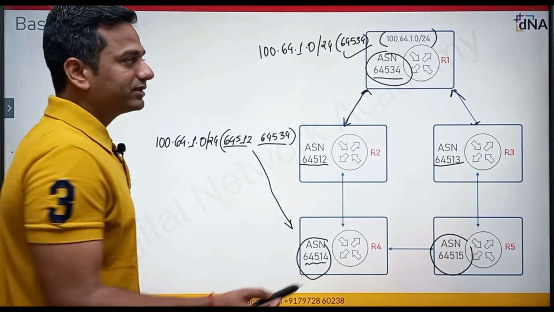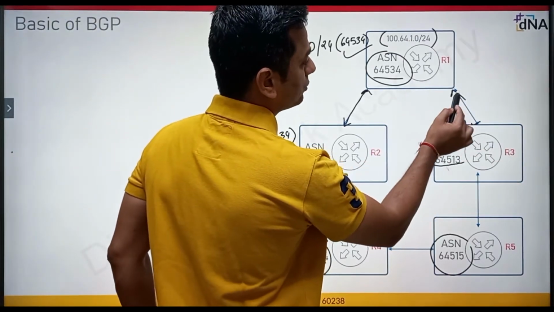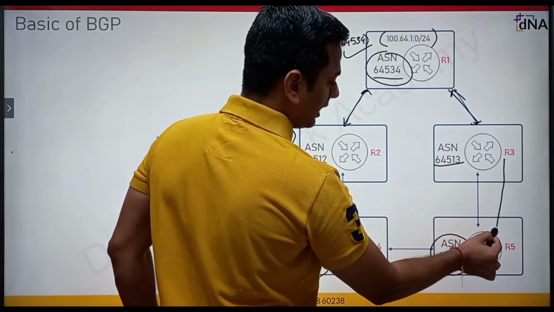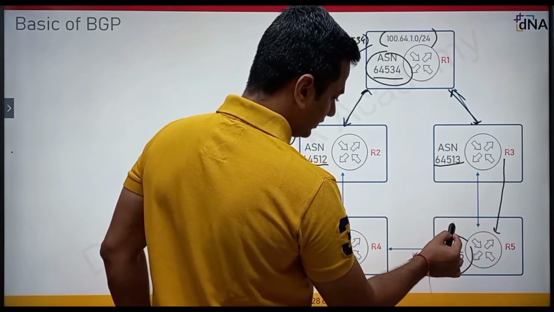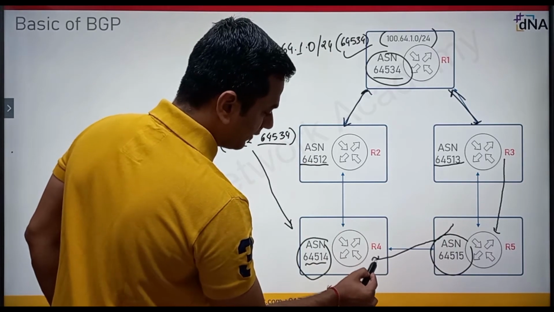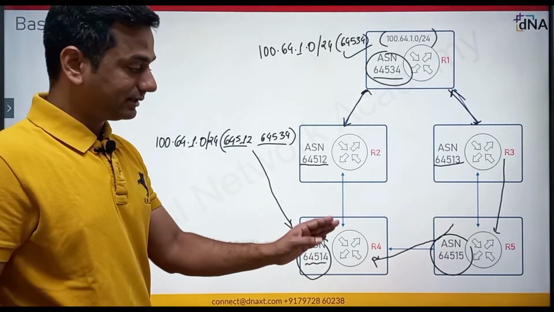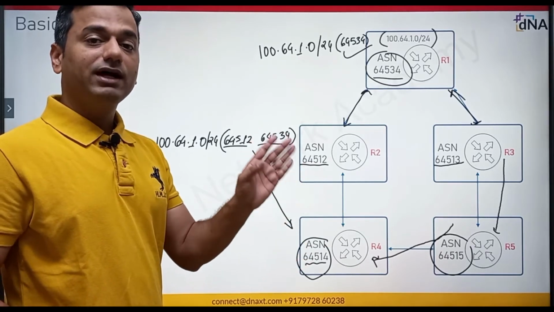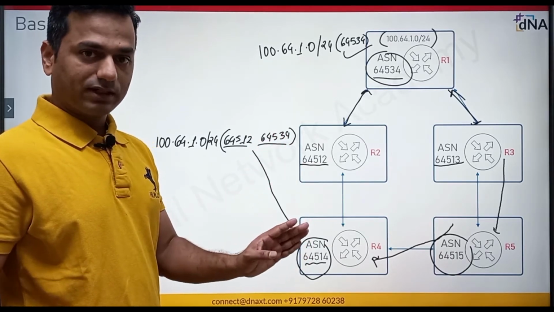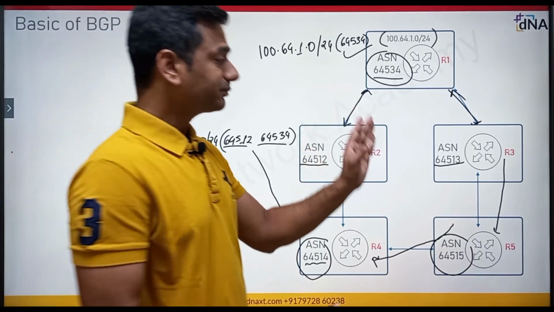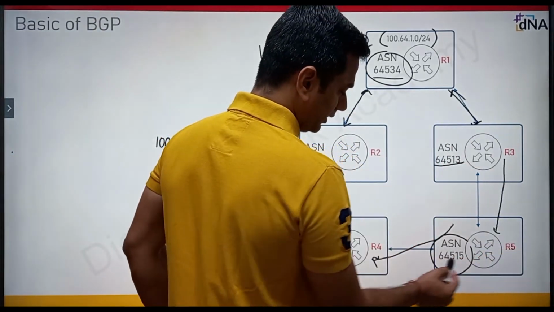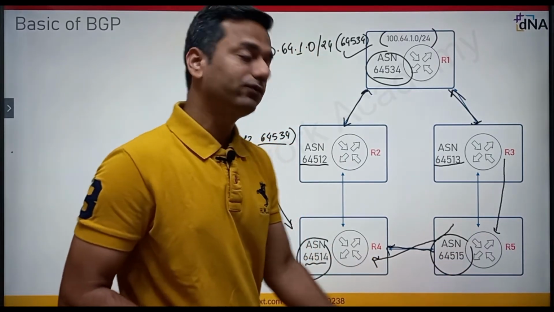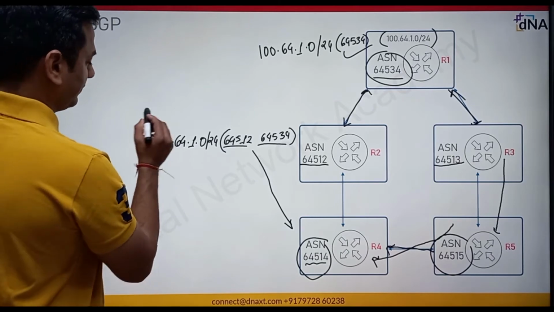So guys, tell me, similarly this R3 also receives the route from R1, and R3 sends the route to R5, and when R5 sends this route to R4, definitely R4 will accept the route. But there will be an additional AS number attached to your route when you receive the route from R5, or I can say the neighboring AS 64515. So your route will look like